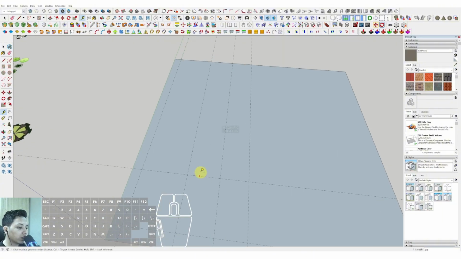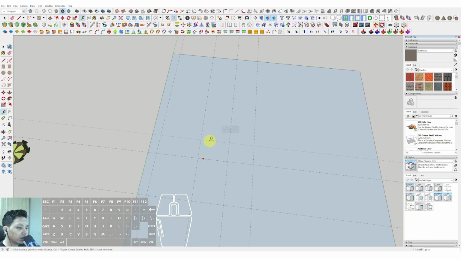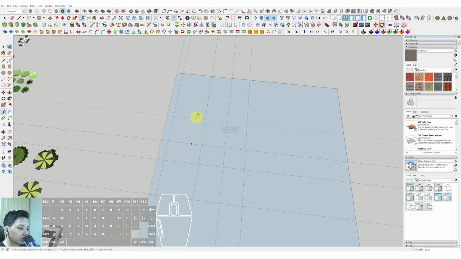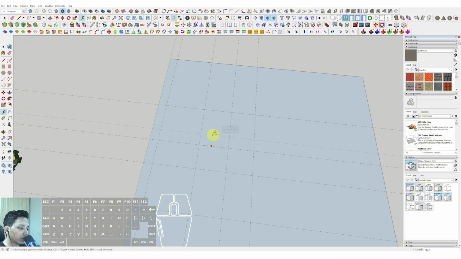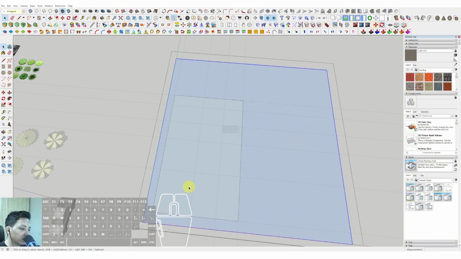Okay, then now we can click and push it to the behind around 5 meter, enter. And then again you can type around 3 meter in here. Then we can click to the behind again around 5 meter in here. Then we can click, it's around 3 meter in here. Okay, then now we can triple click and make the rectangle in here, and we can determine the carport